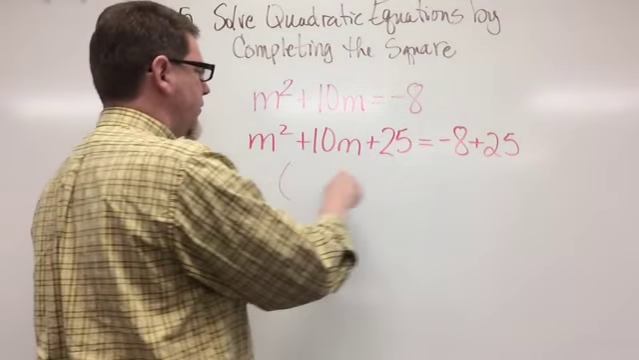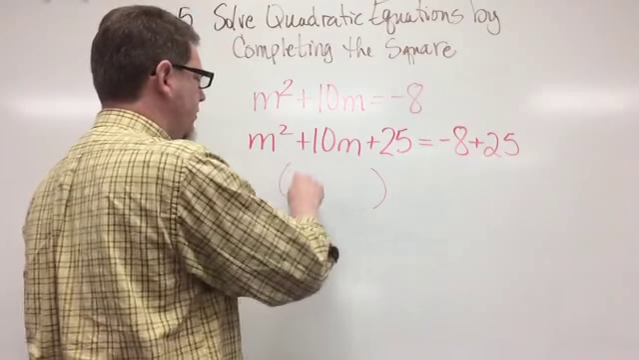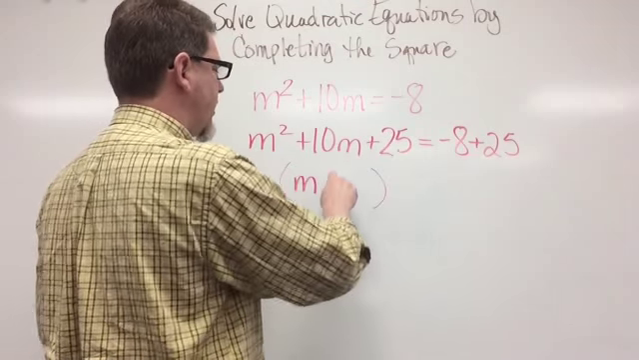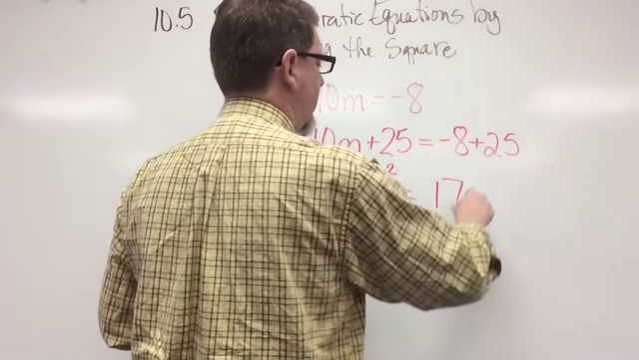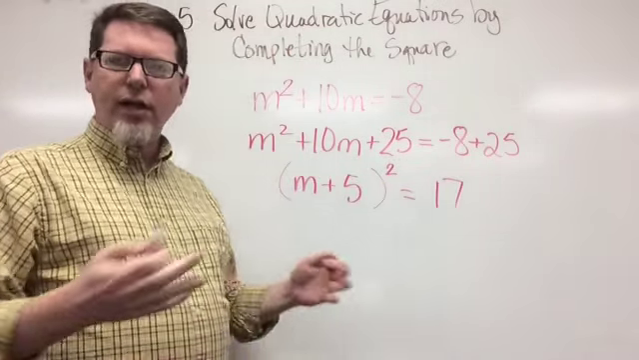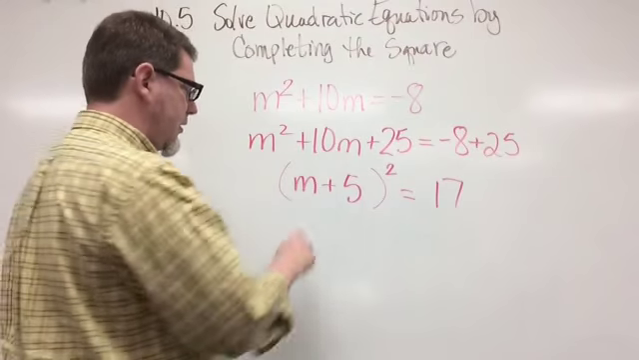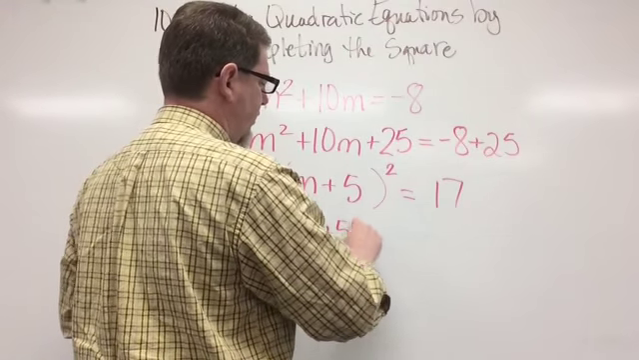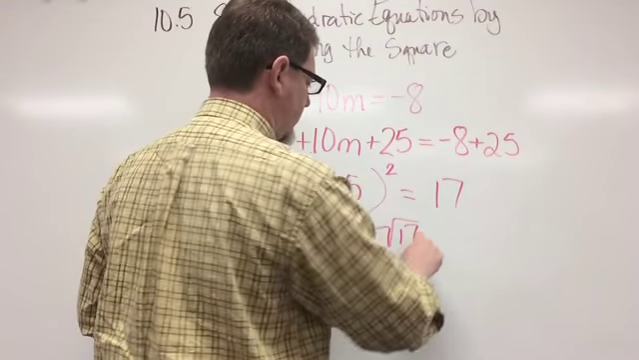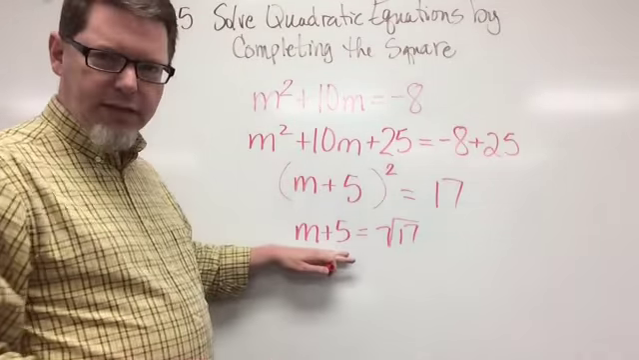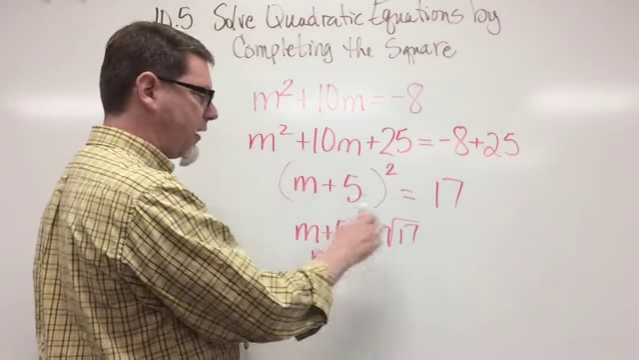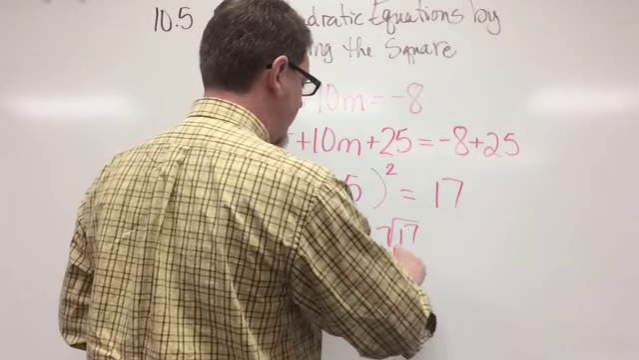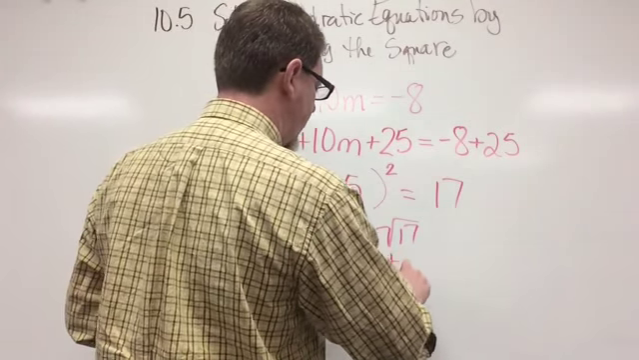And you'll remember with a perfect square trinomial, the square root of m squared plus 10m plus 25 gives m plus 5 squared equals 17. So now I'm going to find the square root of both sides. So I know that m plus 5 equals the square root of 17. So to get m by itself, m equals, remember we have to put the -5 first, -5 plus or minus the square